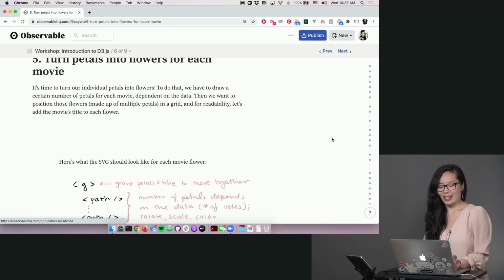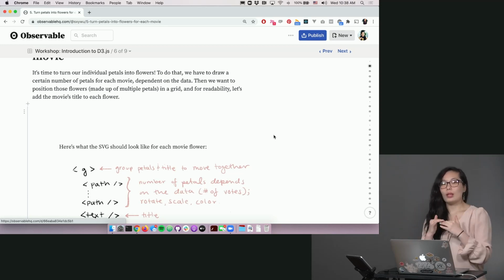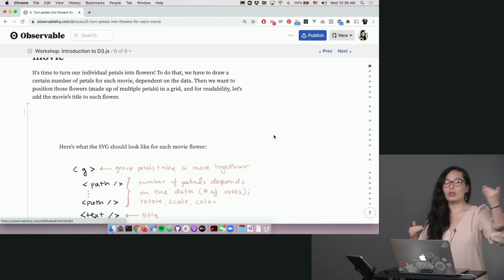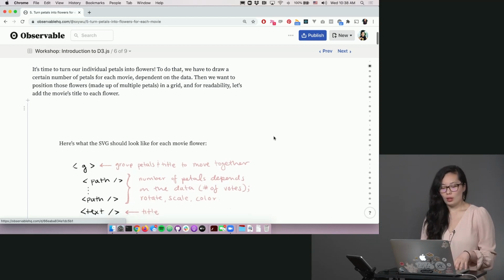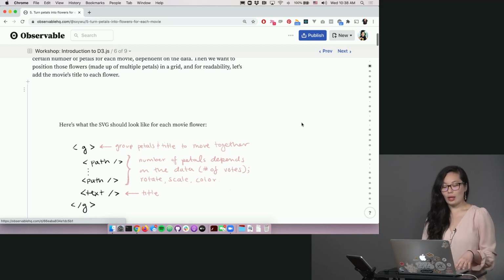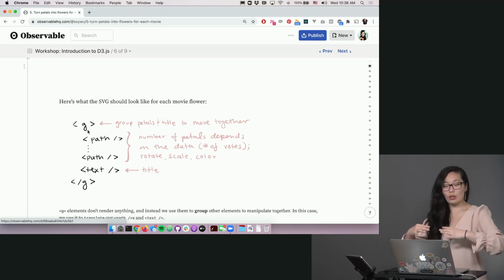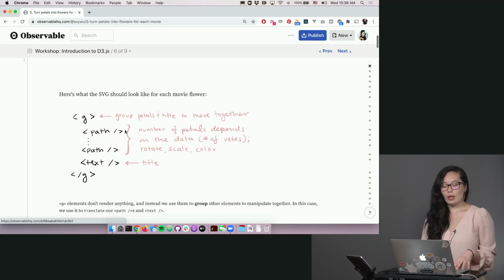So if you're familiar with Adobe Illustrator, this is like if you put all of your path and other shape elements into a group in Adobe Illustrator and move it around or scale it or rotate it together. So with a flower, the new SVG elements that we need to create for each flower look like this. So it's got that group element, and we'll use that group element to move all of the children together to position in the right place in the grid. And we'll have